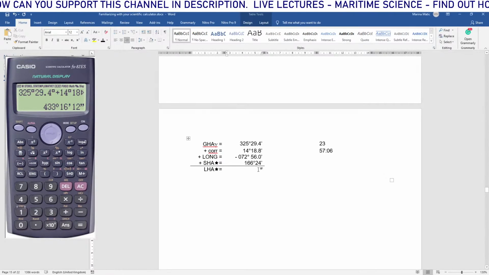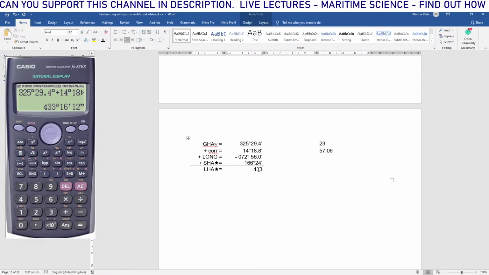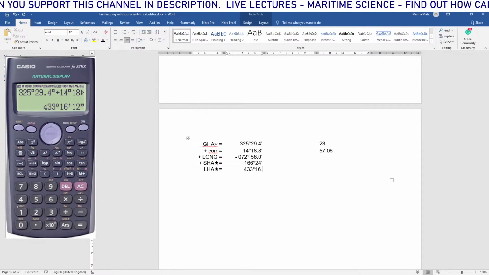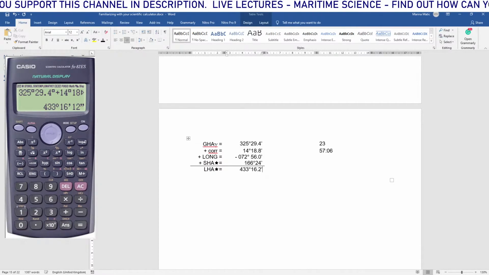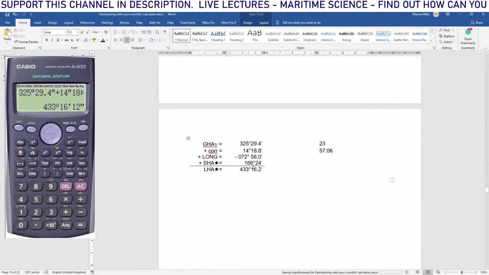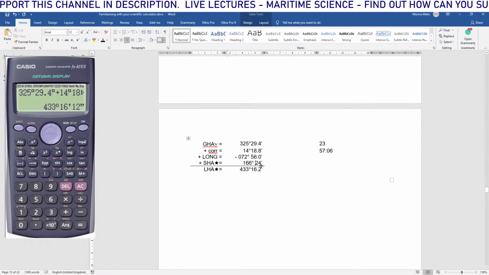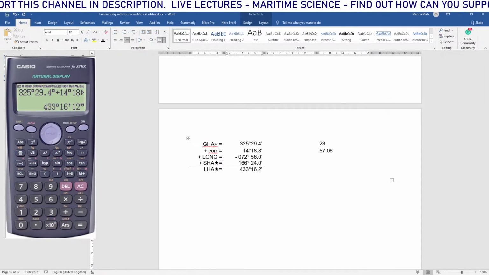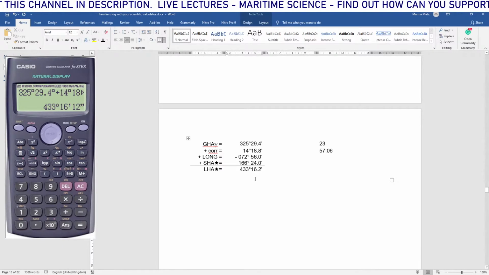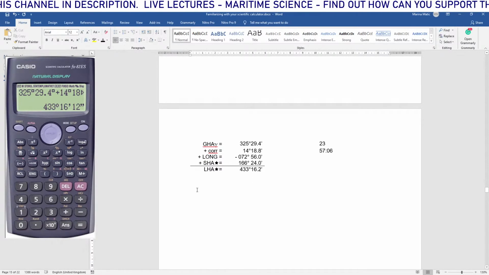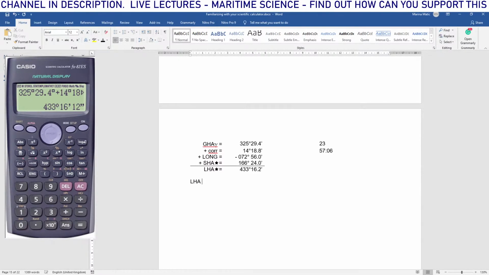and I'm going to write it down, I know it's not correct, but I'm going to write it down, 16.2 minutes. Let's split this, let's put this 0 so everything is correct. Now make a note, LHA